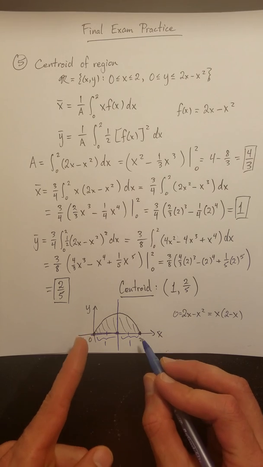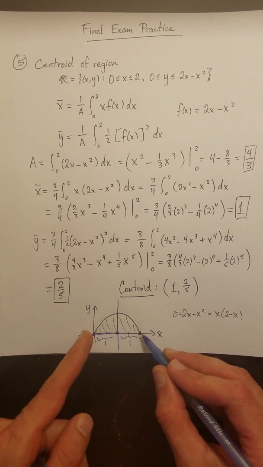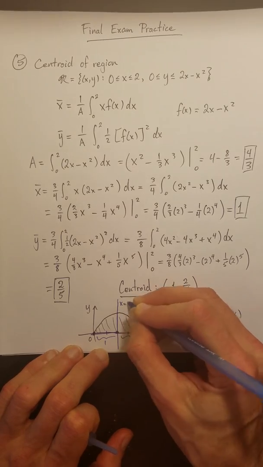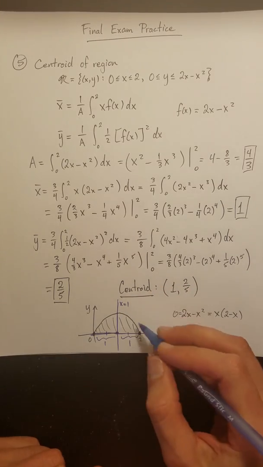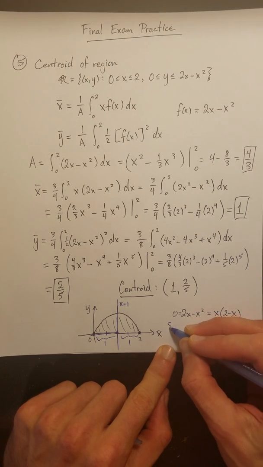And in fact, they're equal to 1 here, right? Because we have a total distance of 2, and we need to make the distance from 0 to the axis of symmetry just half of that distance, so that's 1 in this case. So this is the line x equals 1. And since our region is symmetric with respect to this line, x equals 1, we know from the symmetry principle